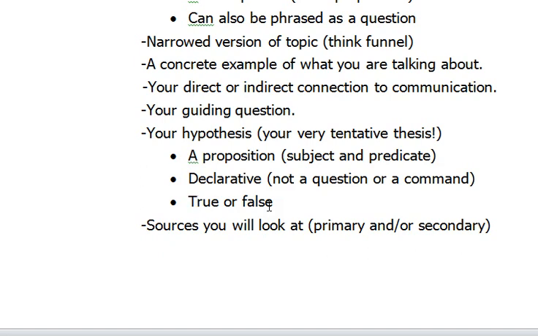Let's go back to shyness in toddlers. The topic would be something like shyness in toddlers while they participate in a public event. Okay. Your thesis may be something like this. Shyness in toddlers participating in a public event for the first time is often overcome later by education about that public event, about the nature of the public event.